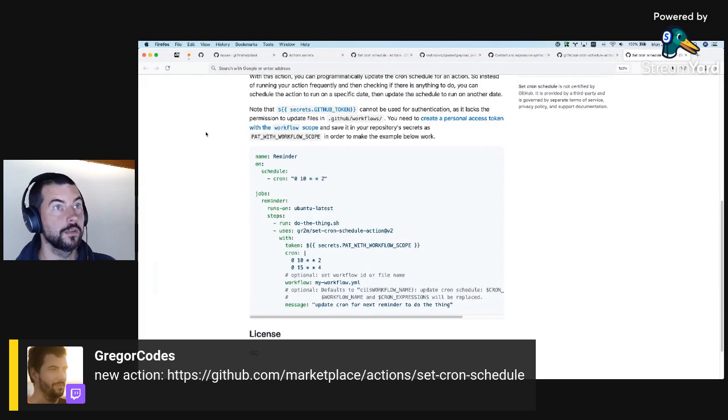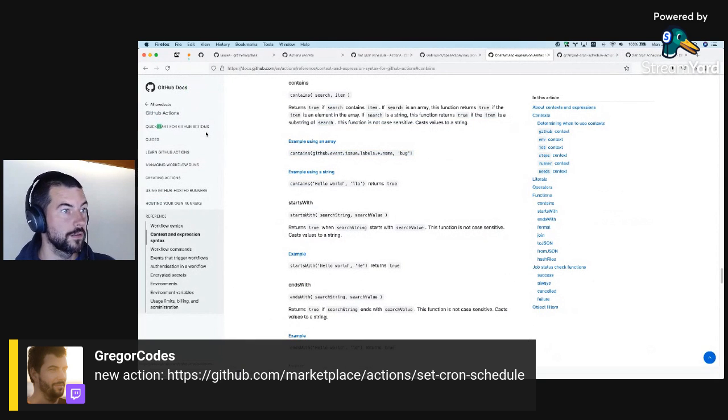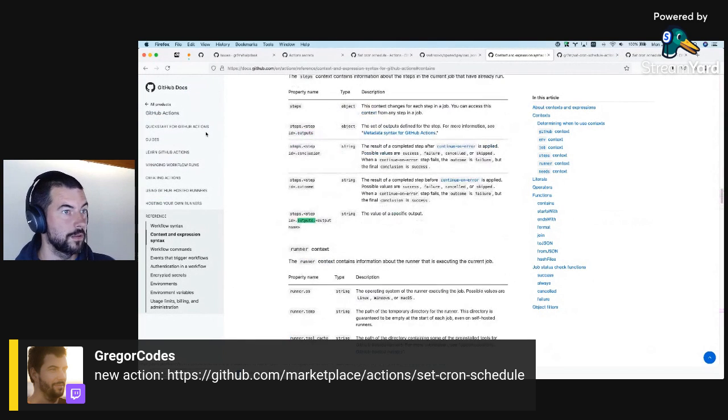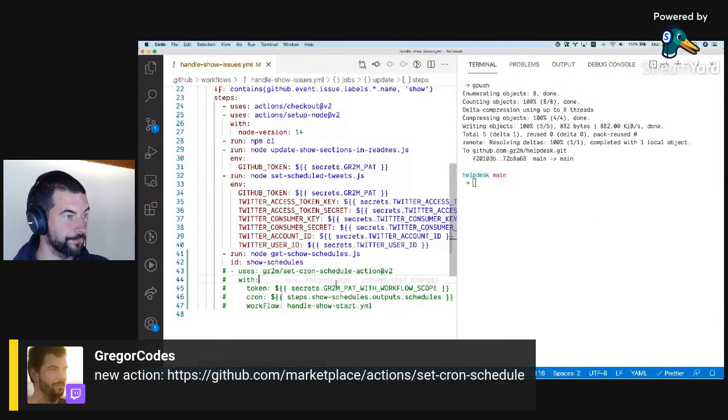So yeah, steps, step ID, outputs, output name. Okay.